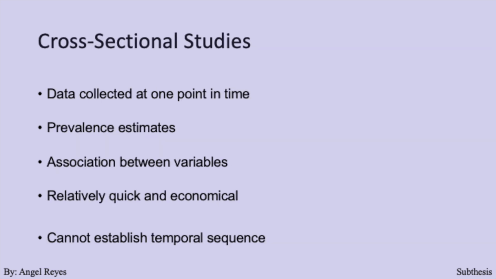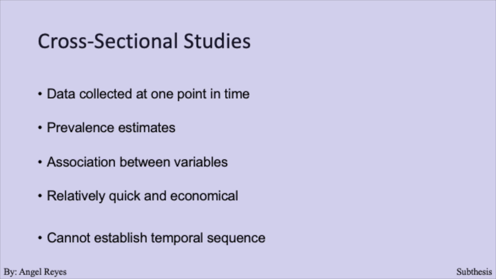Cross-sectional studies collect data at a single point in time, providing a snapshot of a population. They are particularly valuable for estimating the prevalence of health conditions or behaviors in specific populations. These designs can identify associations between variables, such as the relationship between risk factors and health outcomes, though they cannot establish which came first. Cross-sectional studies are relatively quick and economical compared to longitudinal designs, making them efficient for initial